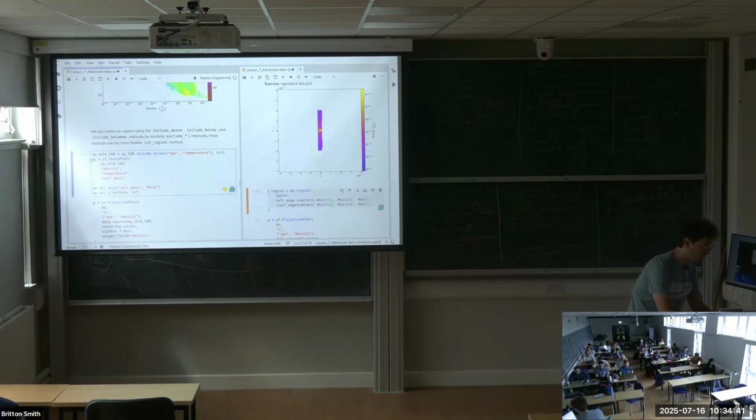So if I do my CGM selection, dot include below, temperature 2×10⁴, then I get all the cells that are in the region but below 2×10⁴ Kelvin. And I get a new data container, which is the beauty of it: you always get data containers all the way down. And if I plot the phase plot of that thing,